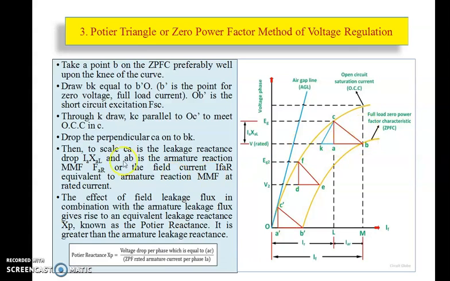Now just next step is now through K draw the KC parallel to O dash C. Now तुम्हाला एकदा हा B पॉइंट मिळालाय ना, तुम्हाला नेक्स्ट पार्ट काय करायचा आहे, हा जो CK पॉइंट आहे, हा जो CK, so I am getting this B point. Now just we have to draw this particularly graph, just choose the K point on this part so that this is the O dash C ला जो